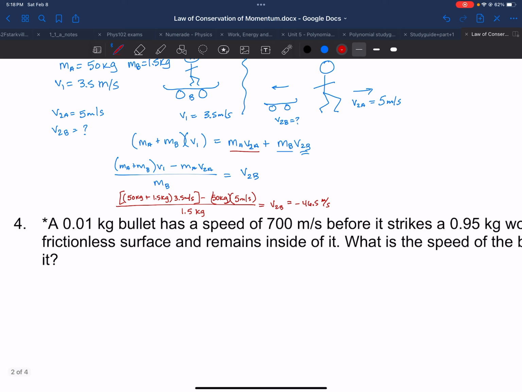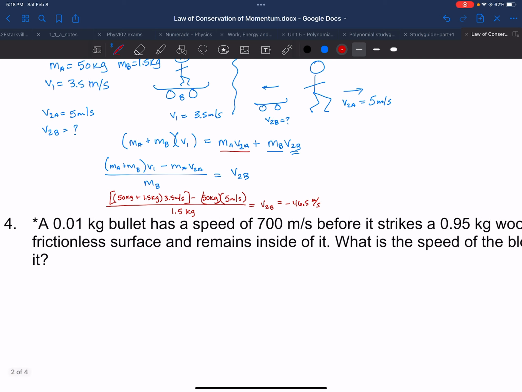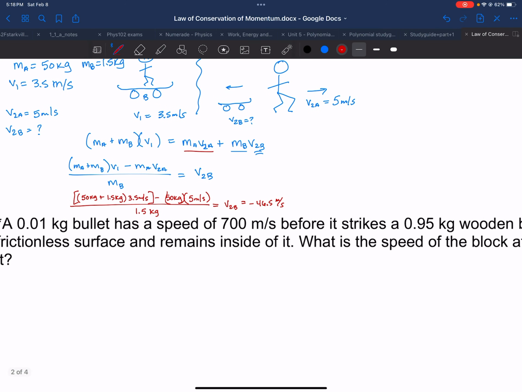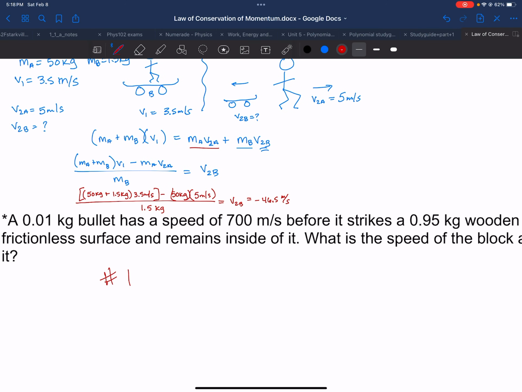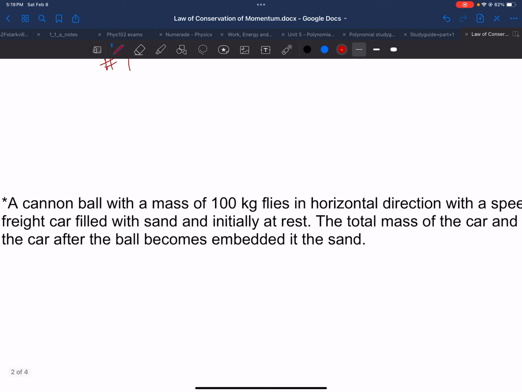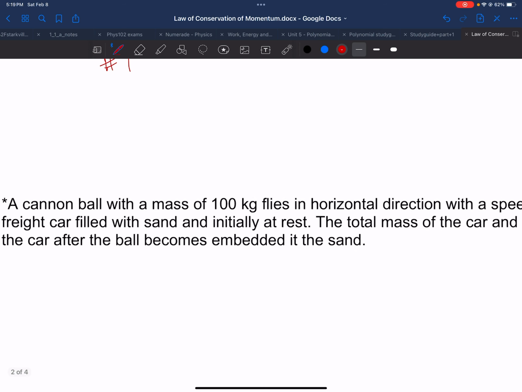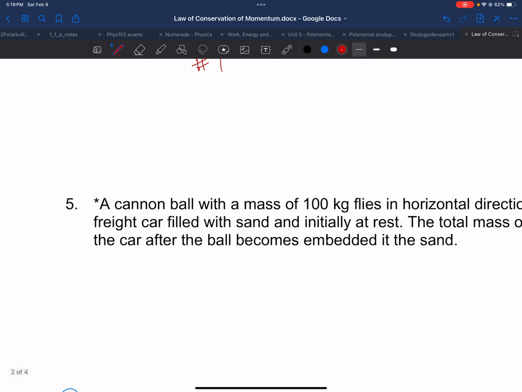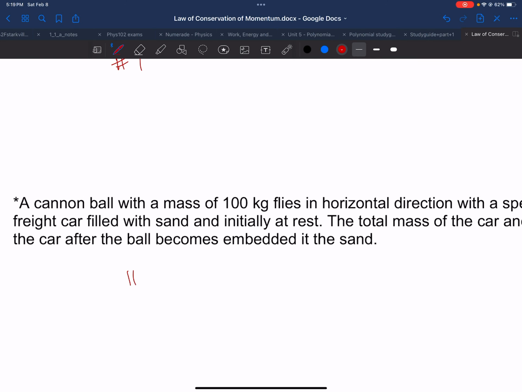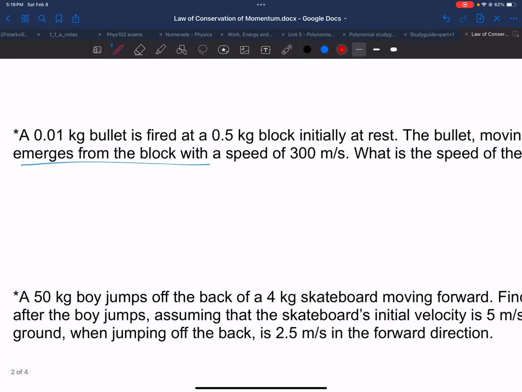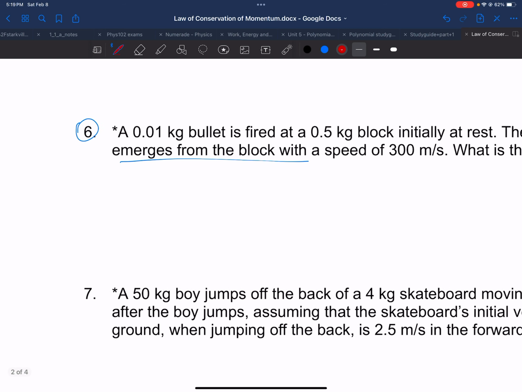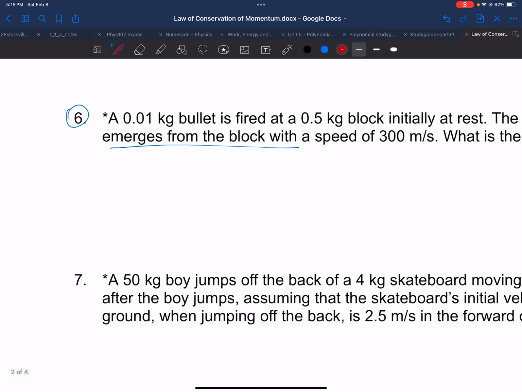the adjustment. Here we have a bullet. It's with a speed, it strikes a wooden block that's stationary. This is going to be like number 1. Cannonball with a mass of 100 kilograms flies in horizontal direction with a speed and strikes a railroad freight car with sand. That's going to be like number 1. A bullet is fired into a block. Oh, we're going to skip that one because